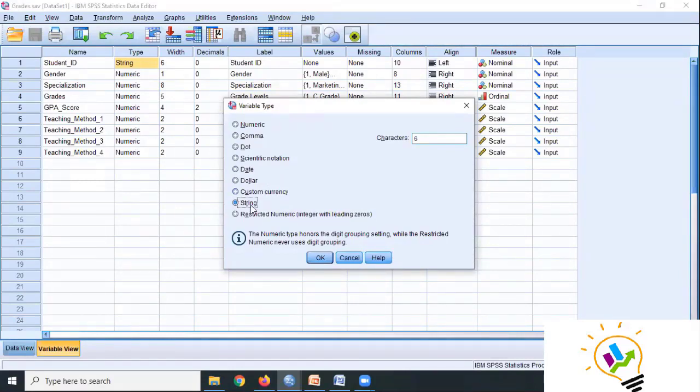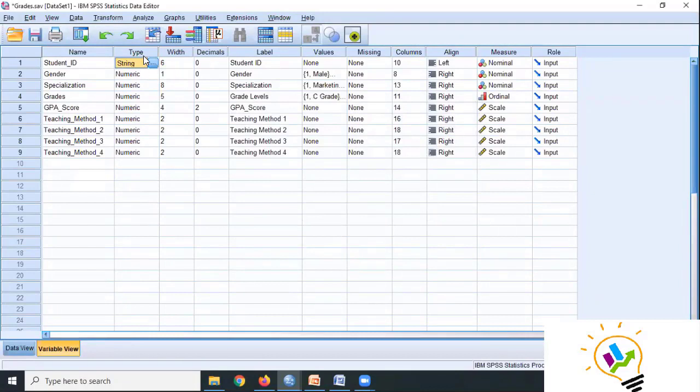The string data is character data, alphanumeric data. Everything comes under string data. And numeric data, whatever numbers we want to enter, all comes under numeric data. And a date is a date. Apart from this, we can use any other type of data also, right? So this is the first column where you are going to select the data type. And importantly, in SPSS, when we enter data, generally all data will be in numeric form only. You can see here all the data, even for gender I have entered as numeric only. Specialization, all data I have entered as numeric only.